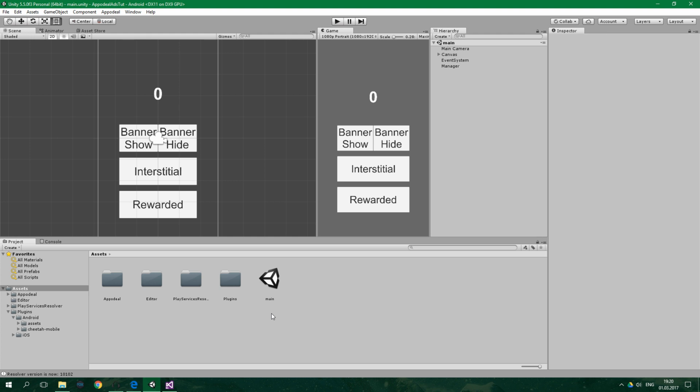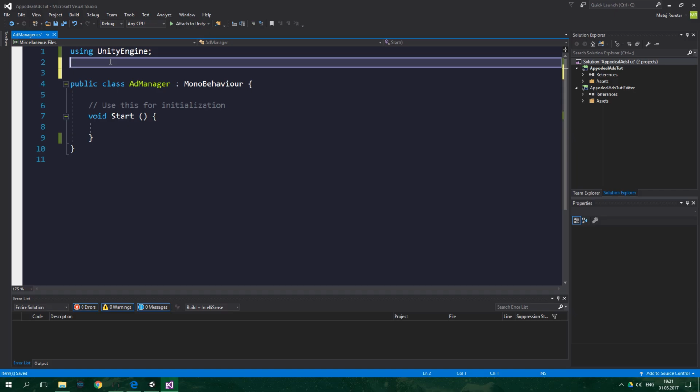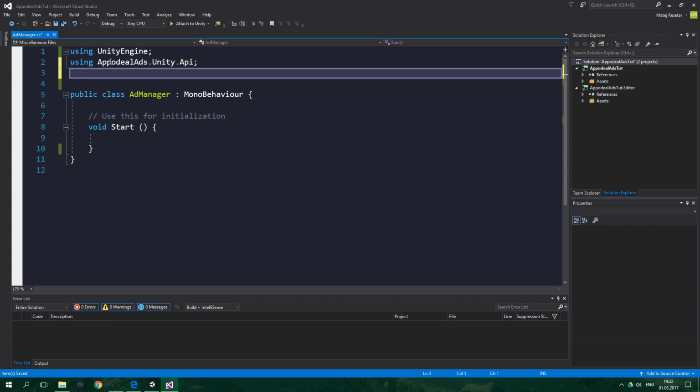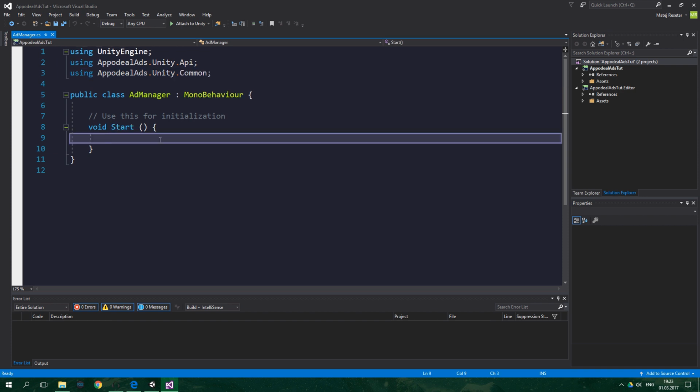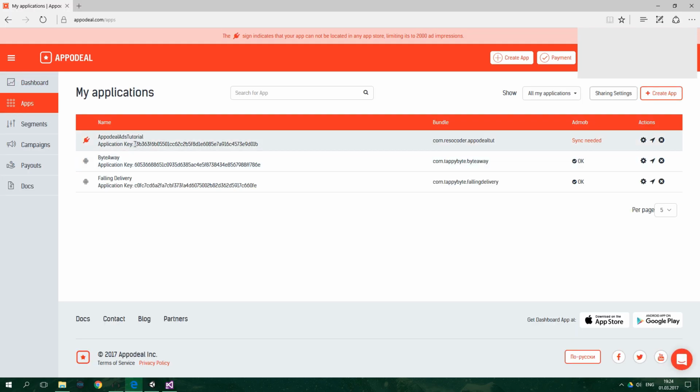We're gonna create a C# script and call it Ad Manager, open it up in Visual Studio. We're gonna need to be using Appodeal Ads Unity API and also Appodeal Ads Unity Common. Then in the start method, we're gonna create a string variable which is gonna hold the app key that was assigned to our app in the Appodeal dashboard. So string app key equals, and we're gonna go to our dashboard, apps, and copy this application key and paste